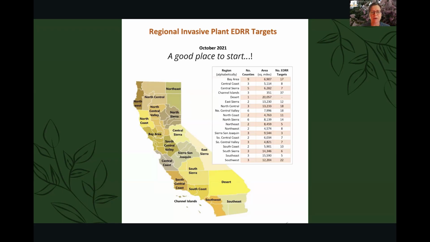It was compiled and printed in late 2021, and it takes all of California and divides it into 19 different regions that are either one or more of these weed management areas, the WMAs that Constance mentioned, and it looks at the species